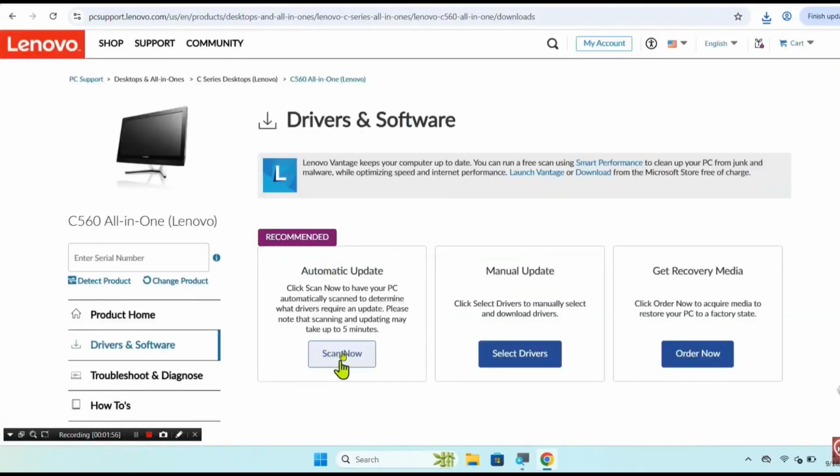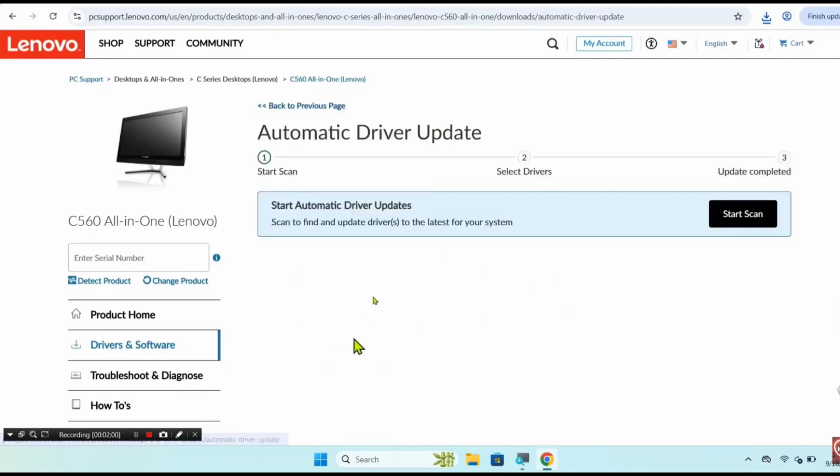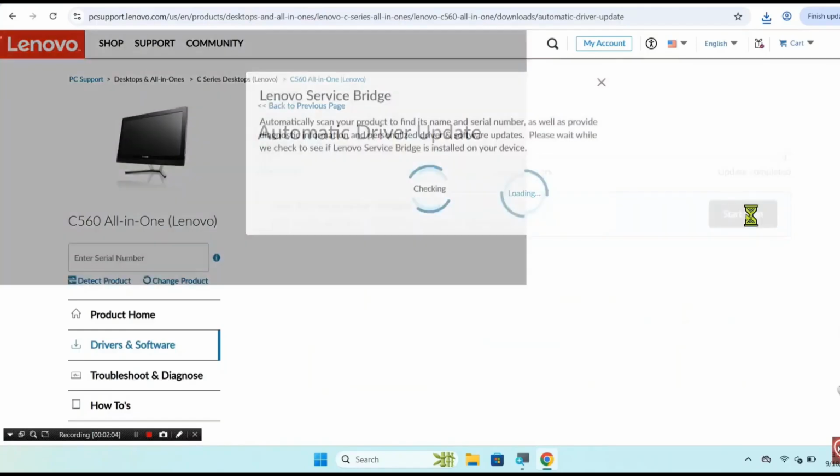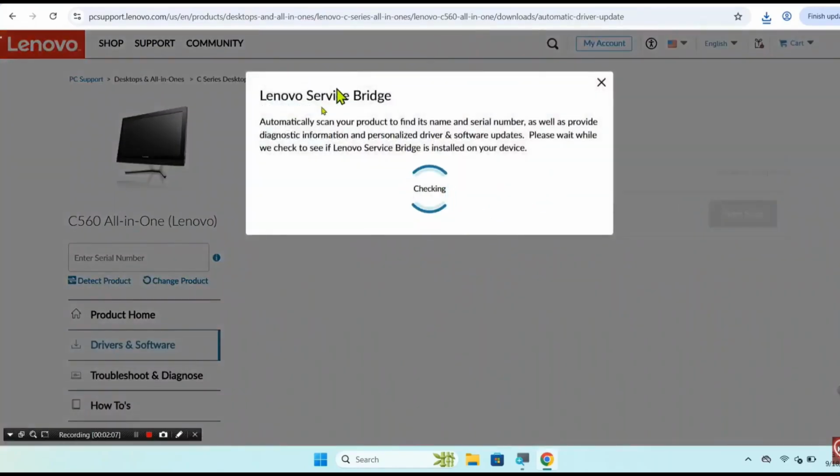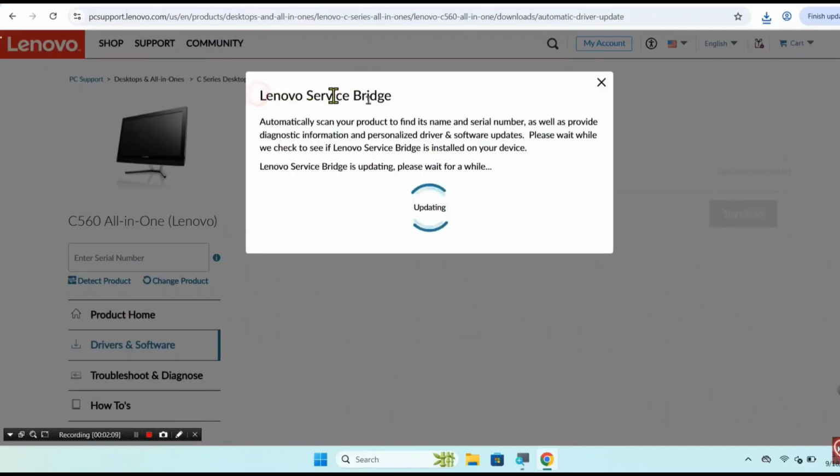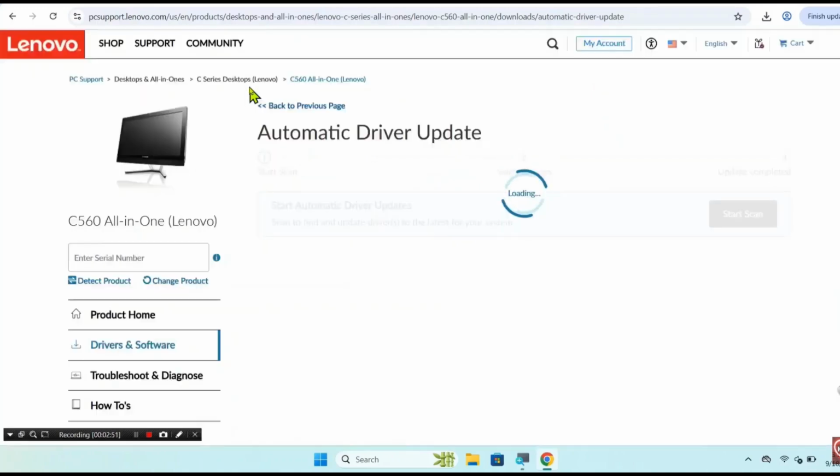Here we can automatically detect the recommended one. Click Scan now, then please select Start Scan. Then this website will automatically scan and detect our laptop brand and type, also what Windows version. This is the function of Lenovo Service Bridge.